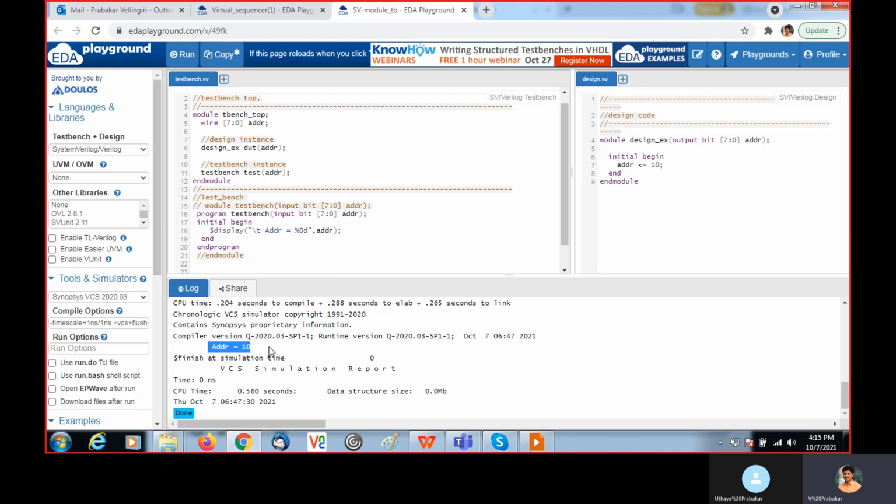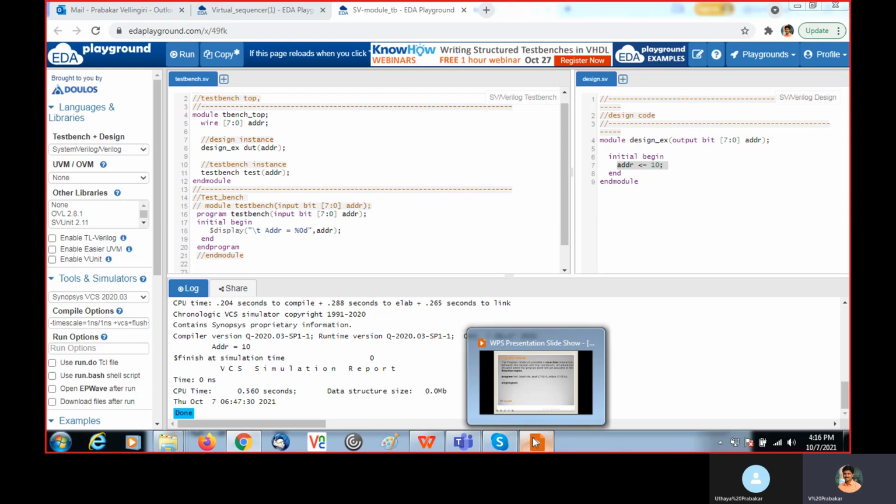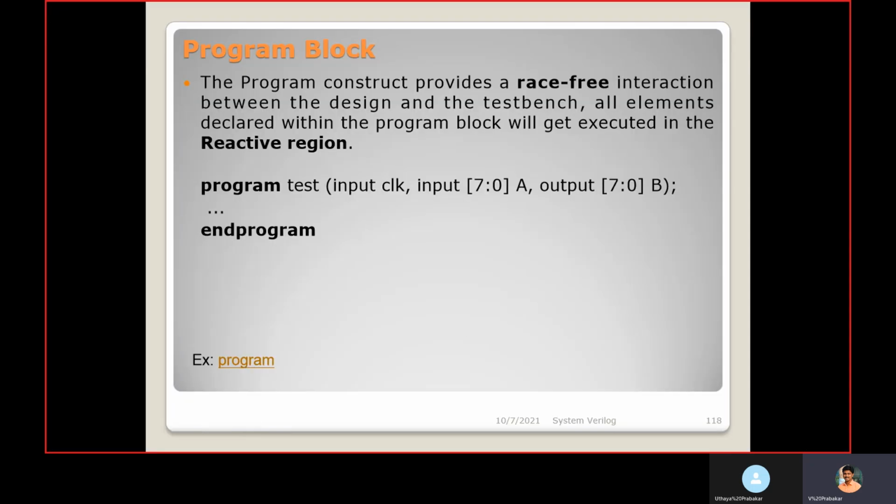Now we are receiving the value, because this is happening in one region and that is happening in another region. This happens first in the active region, so the value is received here. That is the use of the program block. You can avoid the race condition between the DUT and the test bench.